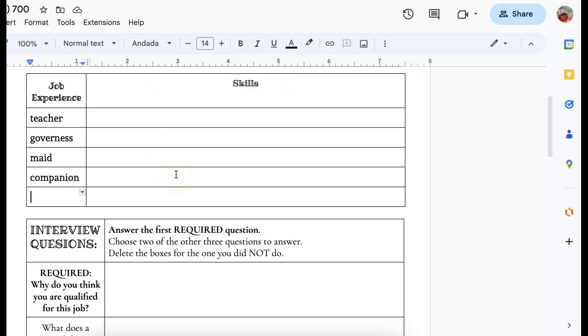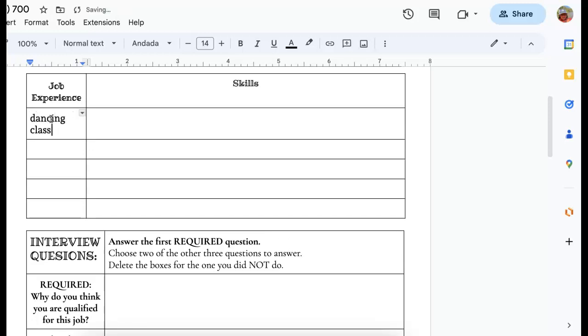This is going to be your evidence, your proof that you read and understood your book. So you're going to need some details here. If your character is a student in a school, then maybe your jobs are going to be the different classes she takes. So when I'm thinking like Sophronia, she takes a dancing class. Well, what does she learn in that dancing class? It's not how to dance. She's learning how to be a spy, how to be an assassin.